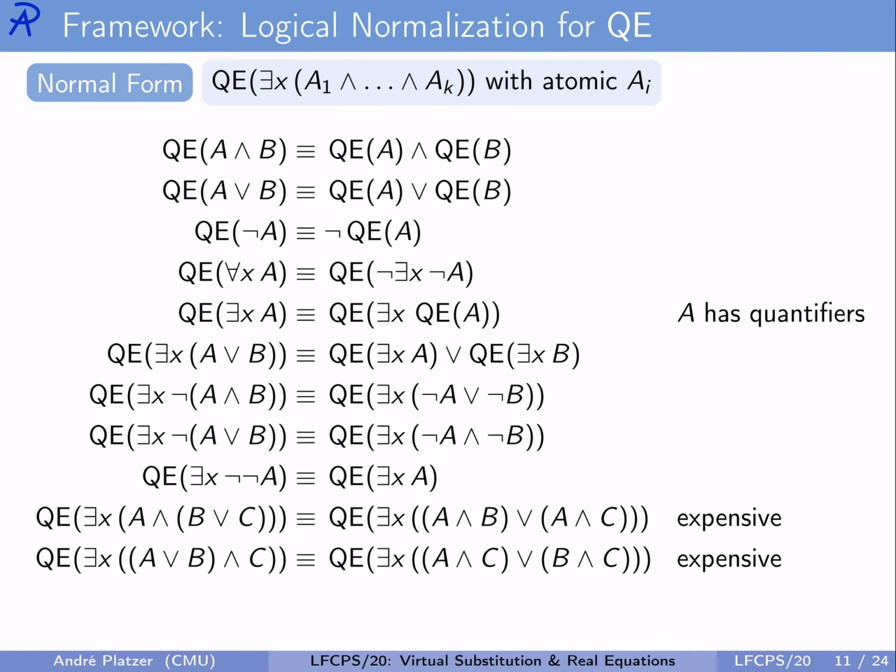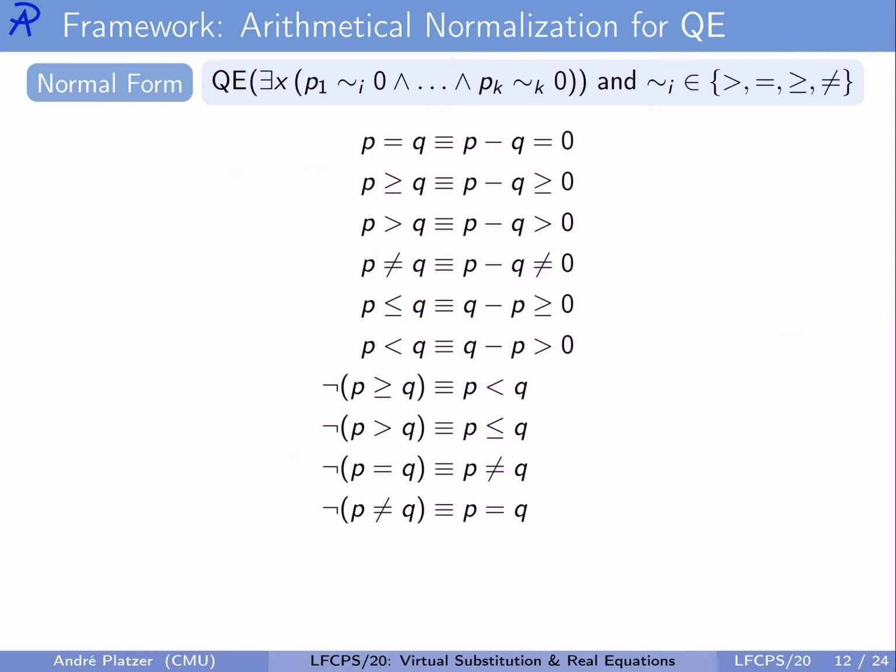So that was logical normalization, but we can also peek into the atomic formulas and do a bit better. For example, if we have an equation P equals Q, we could instead look at P minus Q equals 0, because it's a bit easier just to worry about having 0 on the right hand side. Likewise, of course, if we have greater or equal, we can pull it on one side. And for example, whenever we have not greater or equal, we can write P is less than Q, and if we have not greater than, we can write less or equal to, and so on. In other words, we can just arithmetically normalize the question because it doesn't change the pseudo